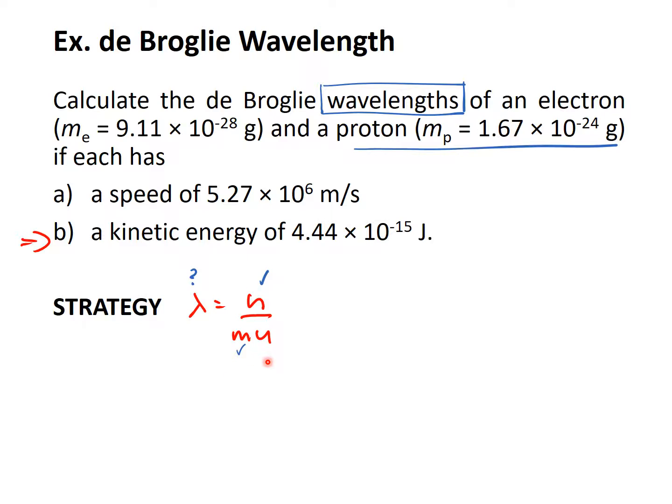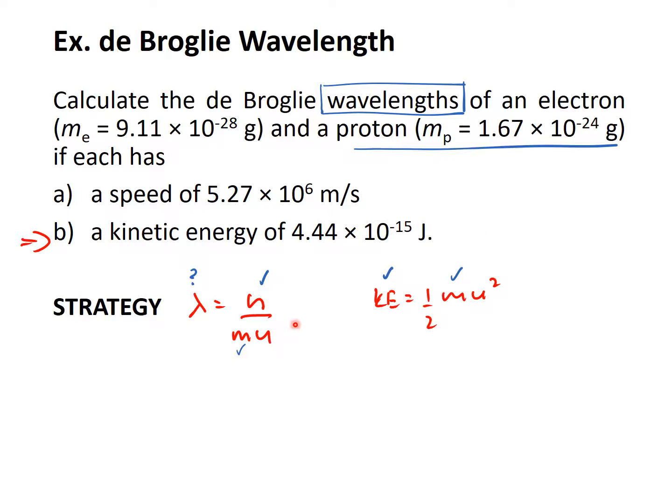Now, we're not given the speed directly. However, we are given its kinetic energy, and we should remember that we can calculate the speed from an object's kinetic energy using the equation kinetic energy equals 1/2 times the mass times the square of the speed, which we should know from high school physics. So we are given the kinetic energy, and we're also given the mass of the proton, which was shown here. And so all we have to do is solve for the speed,